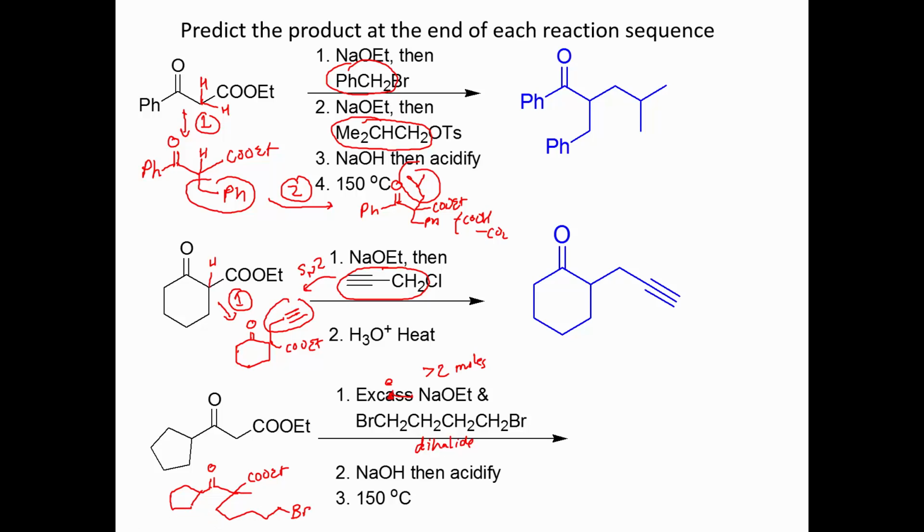All right, so we're going to make this initially. Sorry, I haven't left myself all that much room to write here. When we pull off the hydrogen to make an anion,